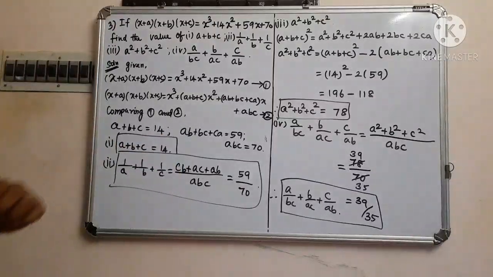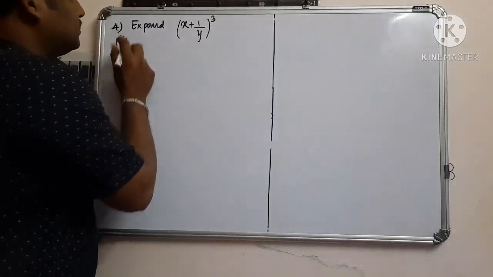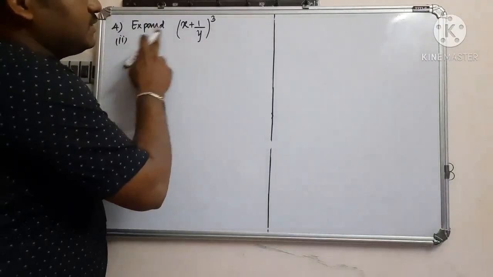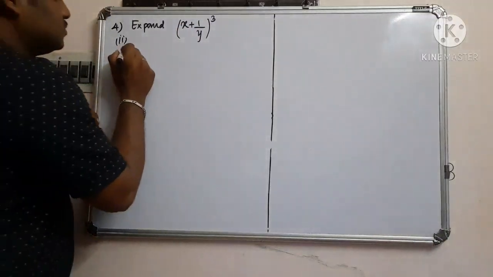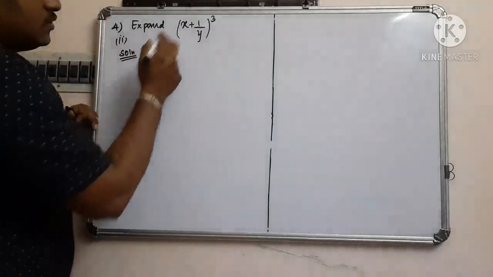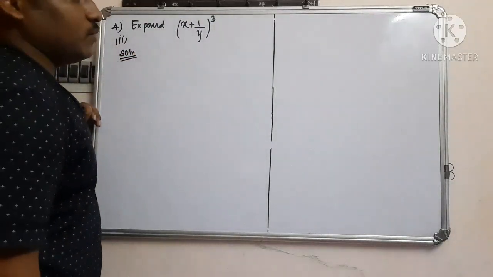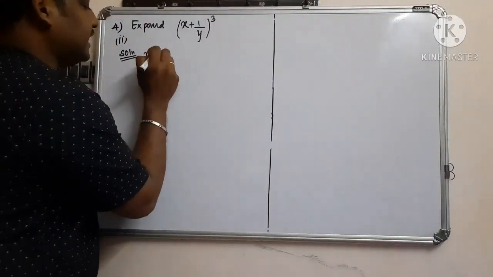Clear? Now fourth question, second one: evaluate, that means expand (x + 1/y) the whole cube. Solution. So we have to expand (x + 1/y) the whole cube. We know the formula, using the identity formula,